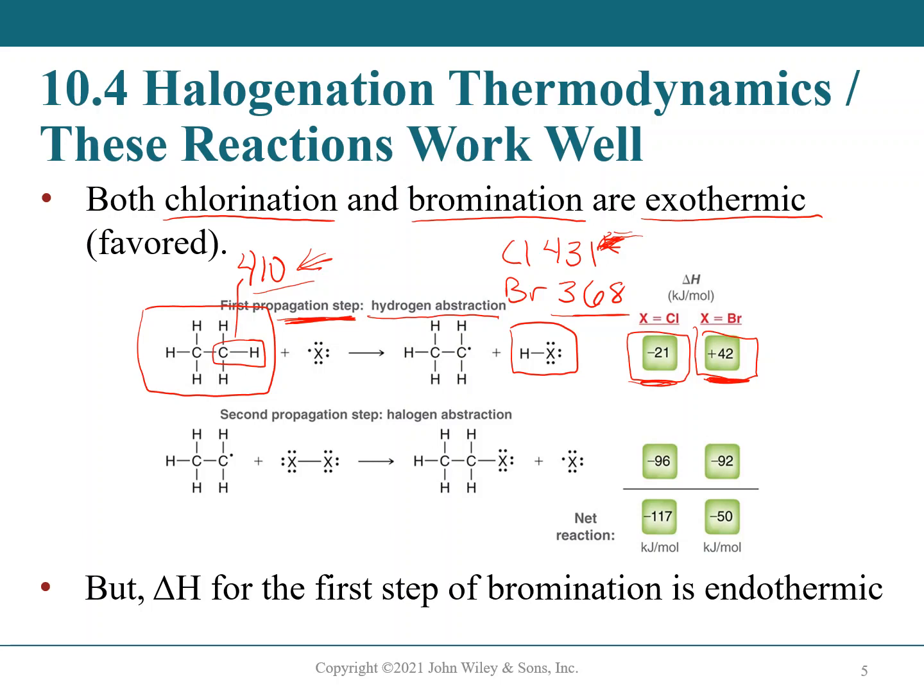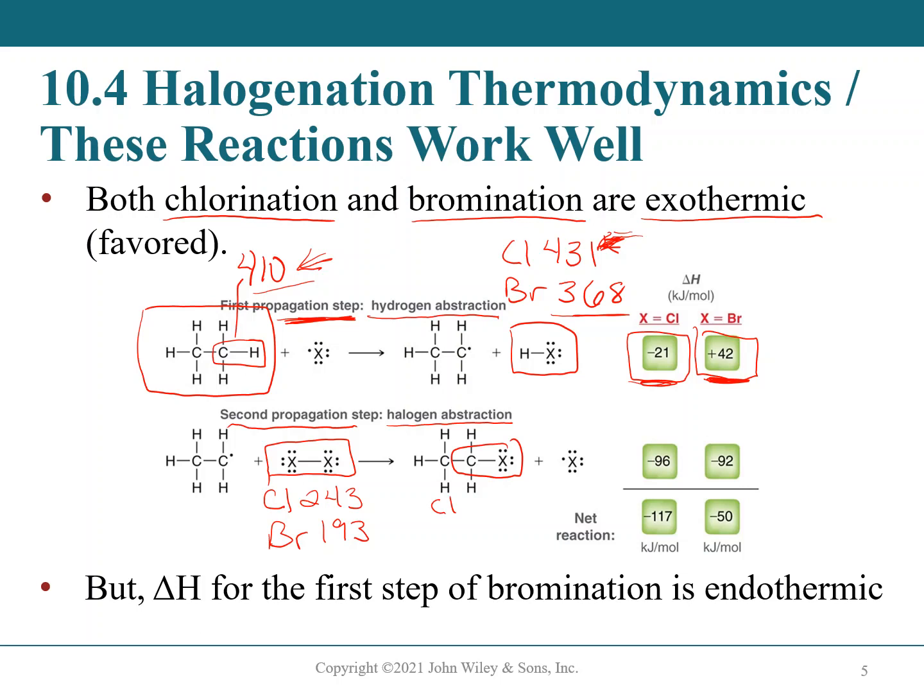Now let's look at the second propagation step, which is the halogen abstraction. Right? Now this time we're breaking an XX bond. So if we have our chlorine bond, that costs us 243 kilojoules per mole, right? We have to add 243 kilojoules per mole, and for bromine, we're going to be adding 193 kilojoules per mole. And on the right-hand side, we're forming a carbon halogen bond, right? And for chlorine, that carbon halogen bond